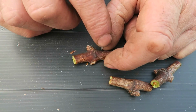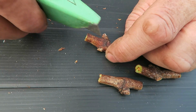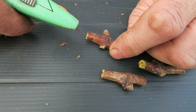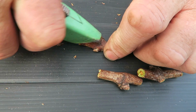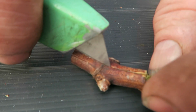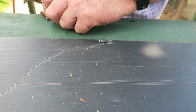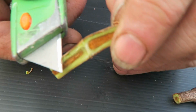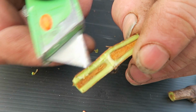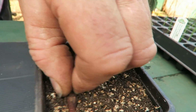What we're actually going to do, we're going to slice that completely in half now with the knife, so do be careful when you're doing this. And we're going to go through there and cut that down, and down the other side and cut that off, okay? So straight in. Cut a line, it's quite tough, but be careful. And then the other side as well, look. Straight through, I'll have to do it here. There you are, look. So we've cut the bud and a nice piece of wood and cut it in half. That is the actual cutting now. And we take that and we half bury it